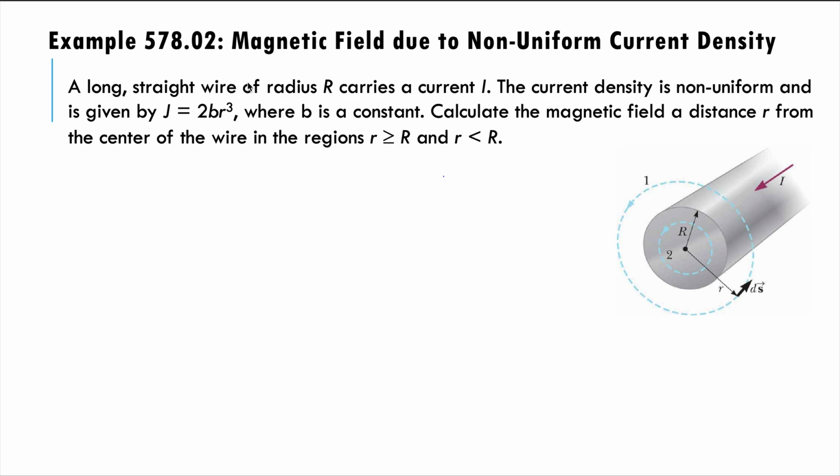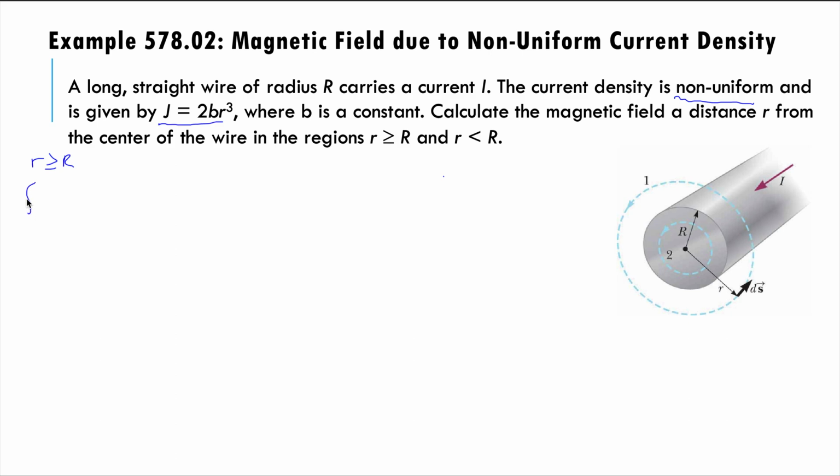In this example, we're going to find a magnetic field inside and outside a wire that has a non-uniform current density, unlike the previous example where the current density was uniform. So in this example, the current density is given by 2br cubed. Let's take a look at the case where we are looking outside the wire, r greater or equal to R,